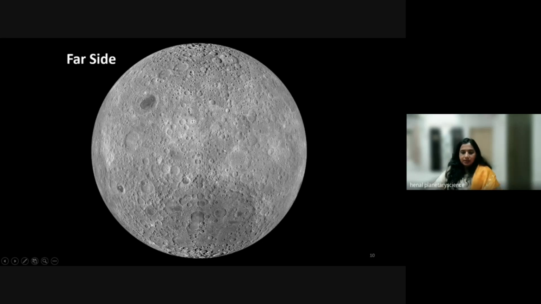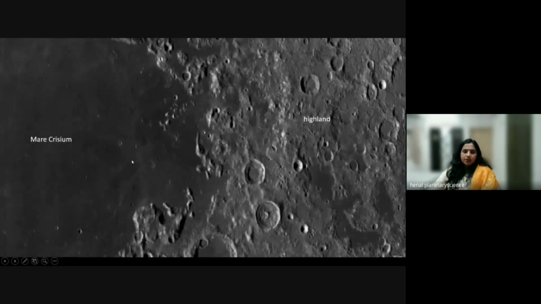It is completely heavily cratered, but the far side crust is comparatively thicker, nearly 60 kilometers, and the near side crust is comparatively thinner. This is the difference between the two major superficial features of the moon: